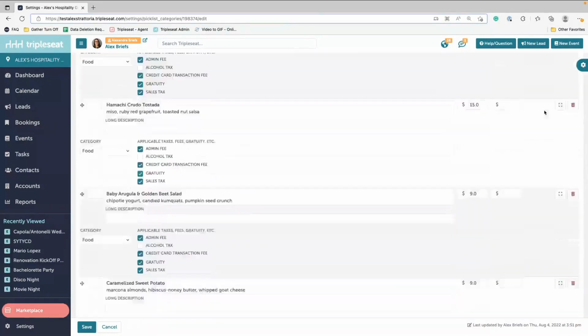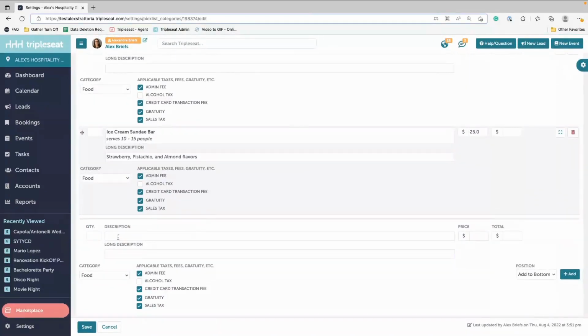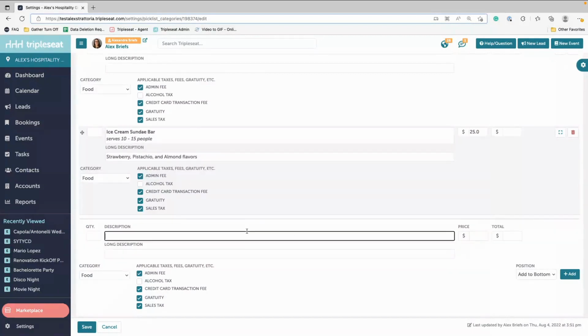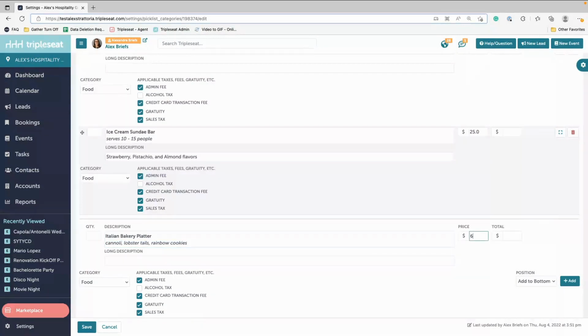All right, I'm going to scroll on down to the bottom because perhaps in addition to adjusting existing items, I also need to add some new ones. I can add new items to a pick list at the very bottom of the page underneath this gray line. So for instance, maybe I'm adding a new dessert, Italian bakery platter. Oh, that sounds so good. I want this to be in bold. And underneath, maybe that comes with cannoli, lobster tails, rainbow cookies. Maybe that's like $6,